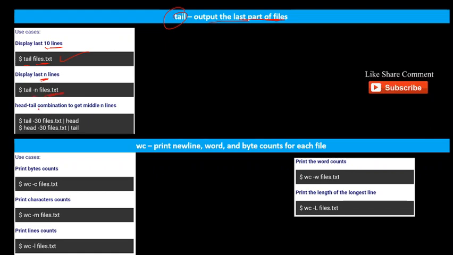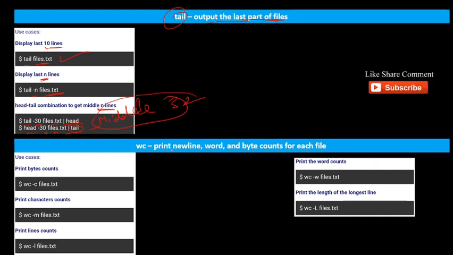If you want to see the middle 30 lines, middle n lines, you need to give tail -30 file.txt, and then this pipe symbol will come, and then head -30 file.txt, then this, and then tail will come. So it will show you the middle 30 rows of the file.